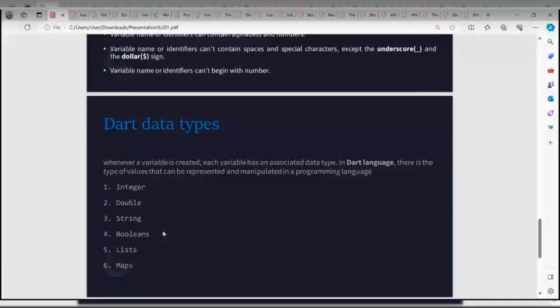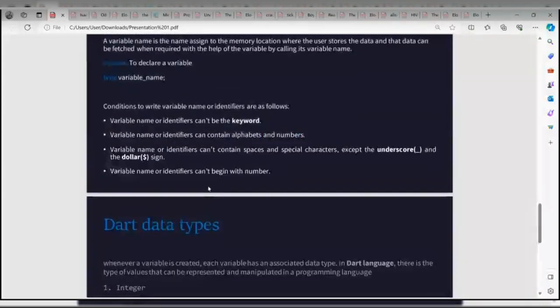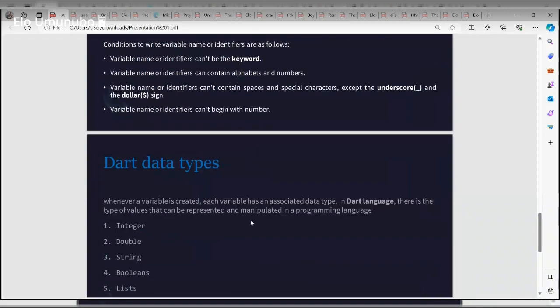But for booleans, we just have two, which is true or false. Declaring a variable of type boolean, it can only take in two values, which are true or false.